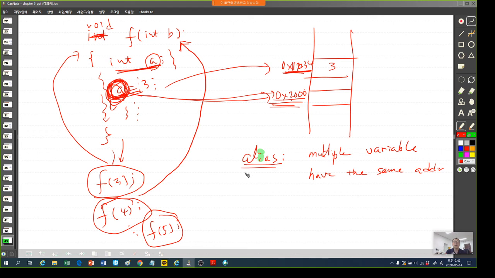A pointer is like an alias, but actually that's the side effect of pointers. But in some programming languages they allow aliasing itself. So you can define two variables that mean the same location. What is that? So for example, in C,